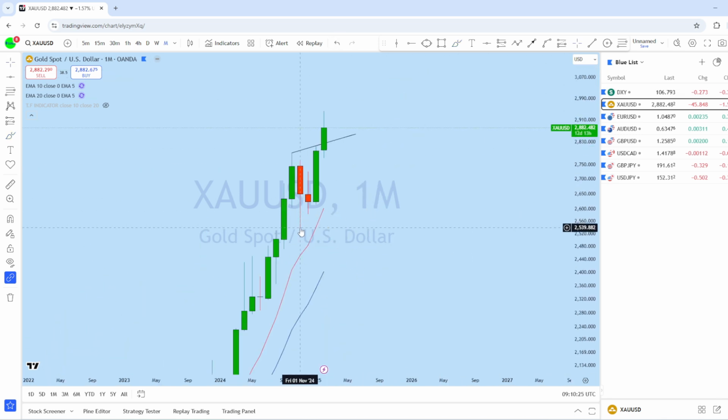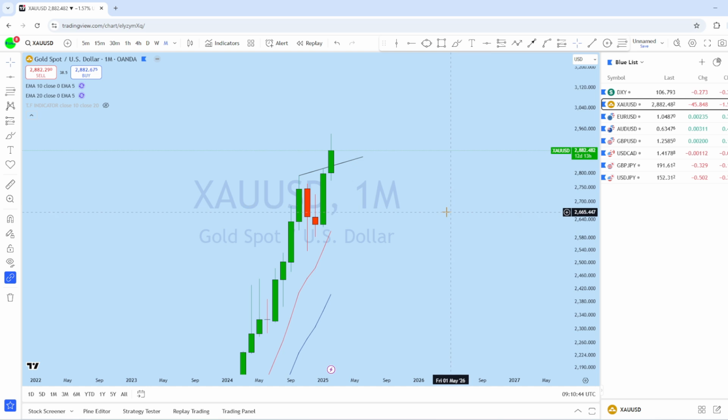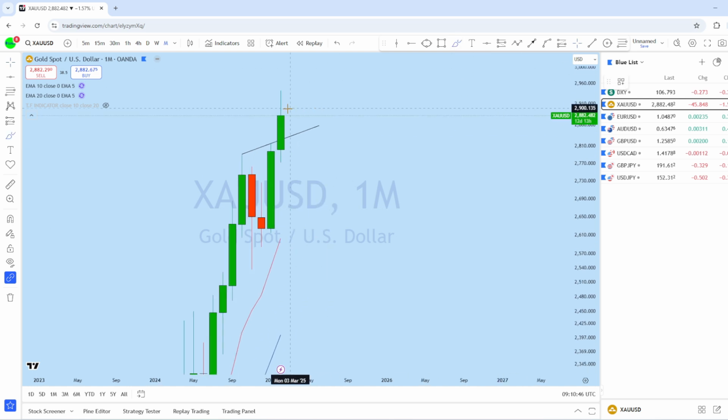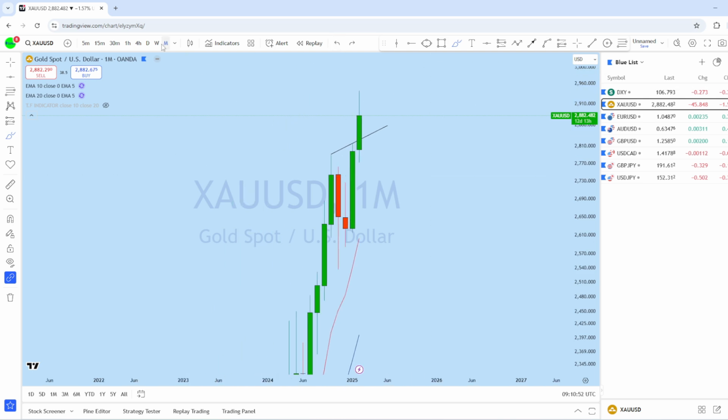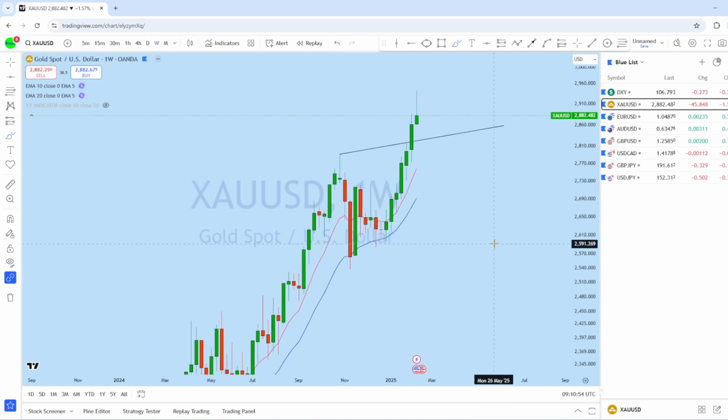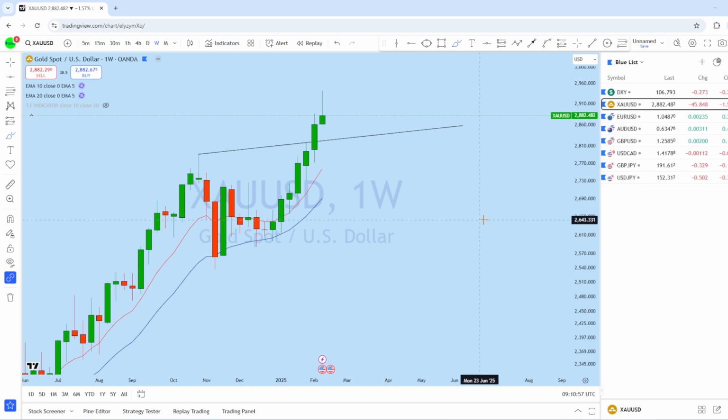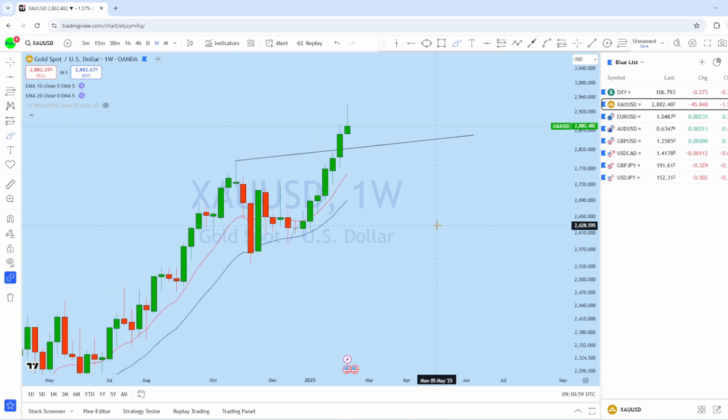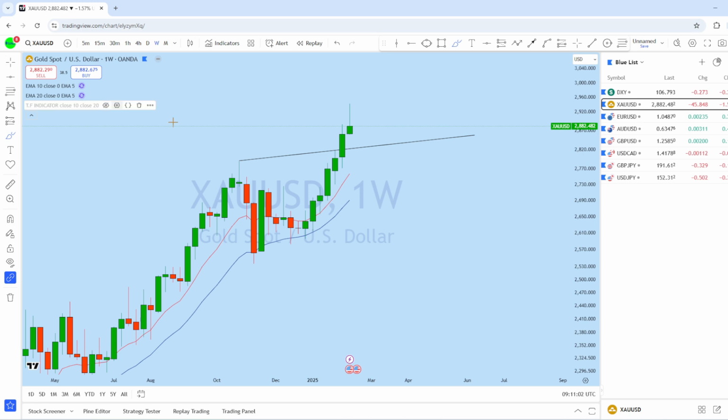And what we can see is that this is the second impulse on the monthly, and after this deeper pullback, the market managed to create a series of higher lows with a monthly bullish engulfer, followed by this monthly candle here on XAU USD. So far, we are expecting the market to drop again for a deeper pullback and then return back up to create a new higher high. Now, if we look at the weekly perspective, here is a little clearer picture. There is a potential for another liquidity candle formation this week, expecting.